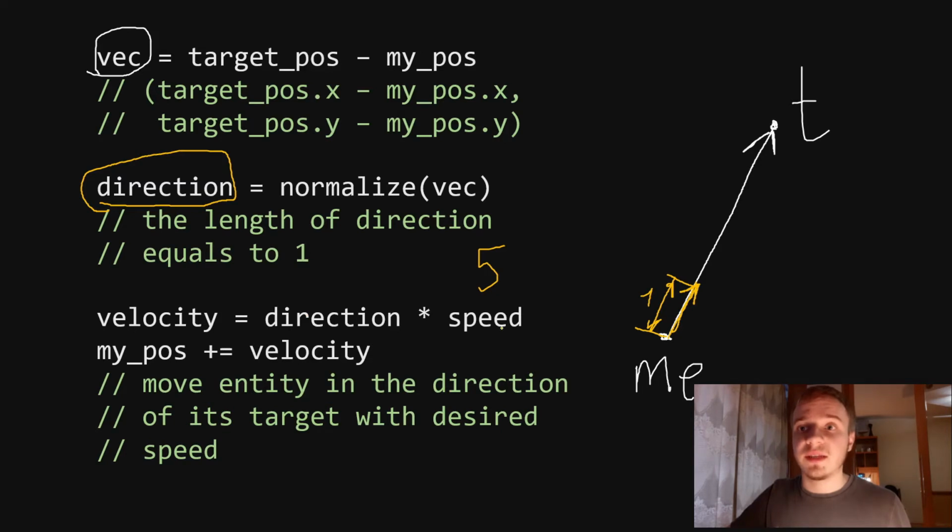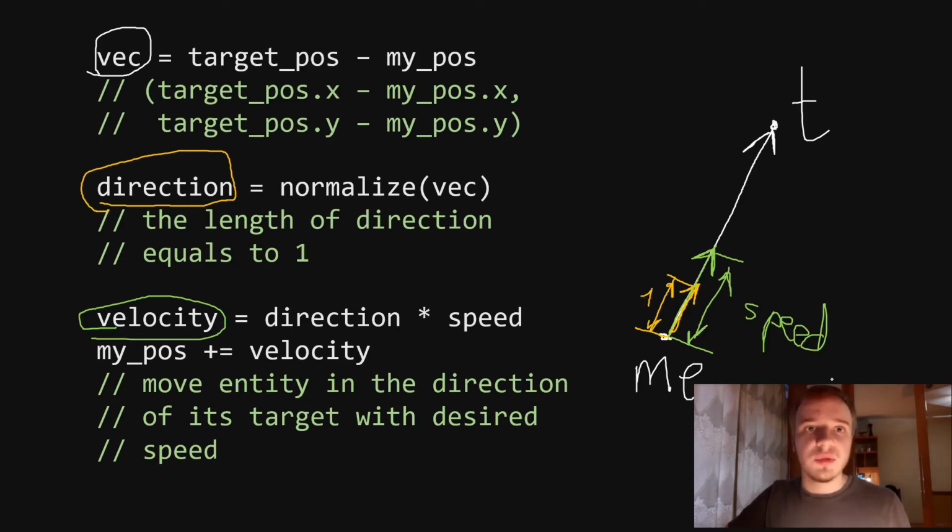Multiplying a vector by a scalar value basically means that we multiply the direction x component by 5 and the direction y component by 5, and if it's in 3D space, then also the z component. So, for example, this will be our velocity vector. And since the length of the direction vector is 1, whatever we specify the speed to be, the length of the velocity vector is going to be the speed that we specify.